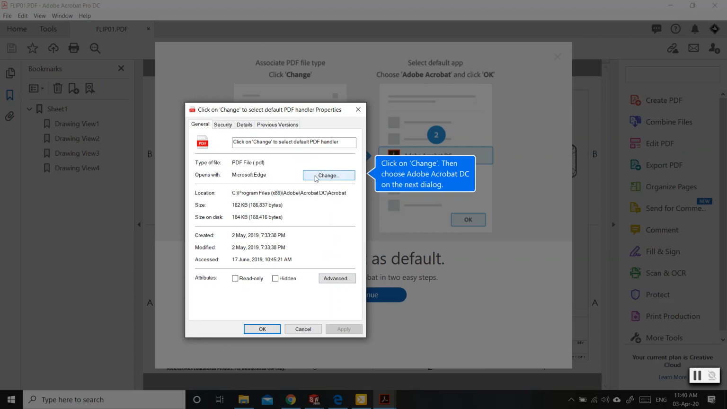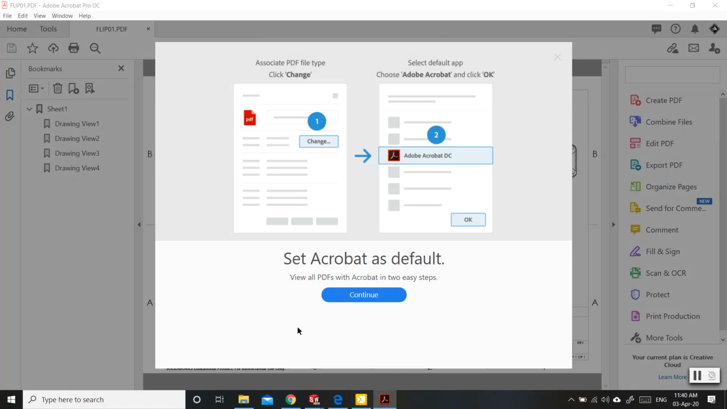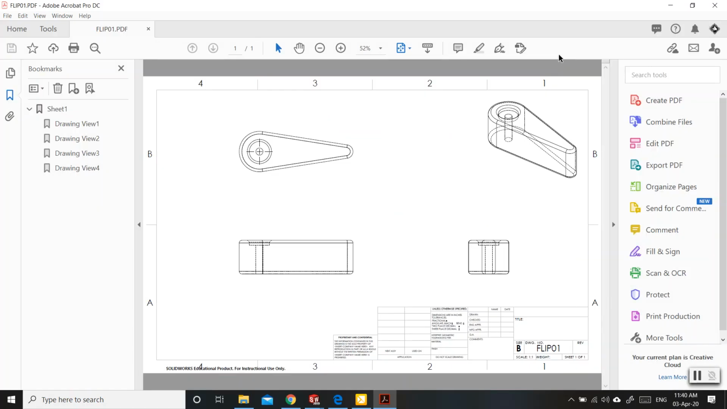It's going to make me go through some changes. All right, I'm not going to worry about this right now, but you just follow the prompts and that shouldn't be a problem for you. Okay, so